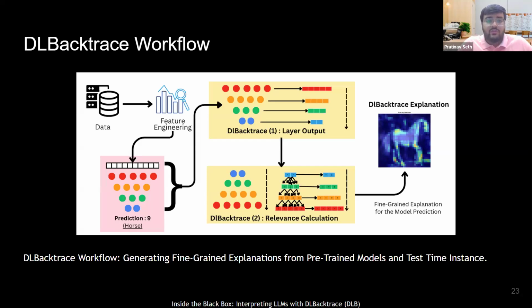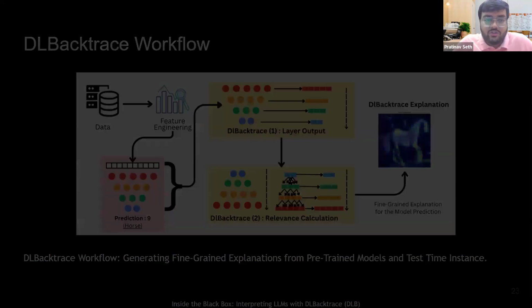And while we are doing this, we also give you the relevance, or I would say importance, of how important each layer of your network is. Based on that, you can do future tasks. I will come to that in the later part of this webinar.